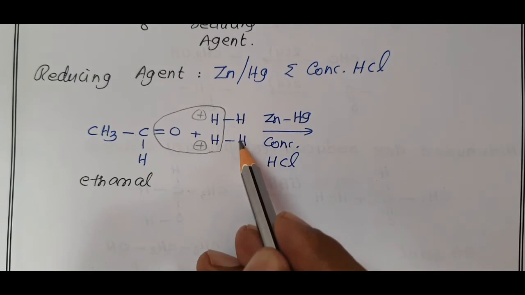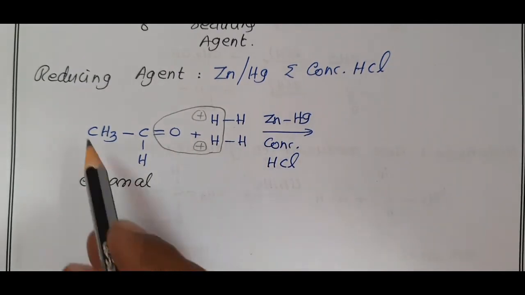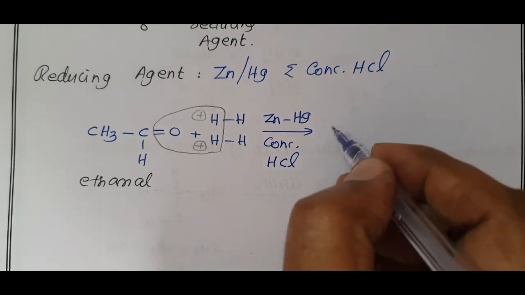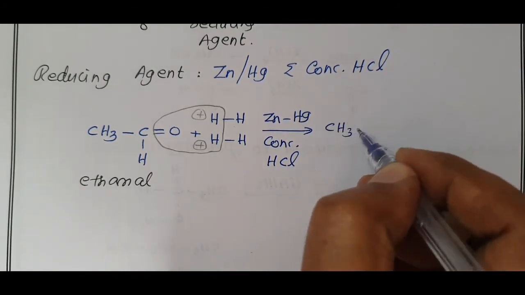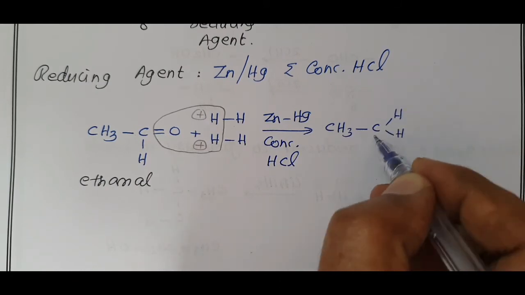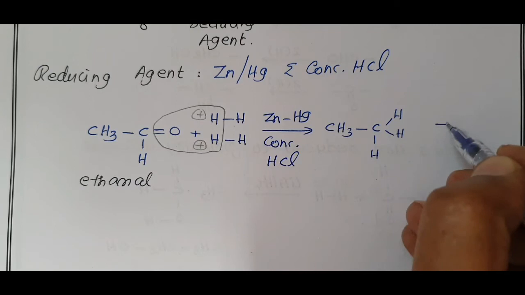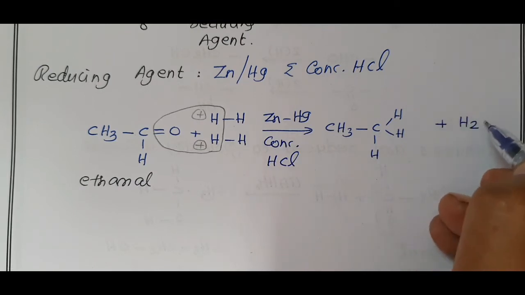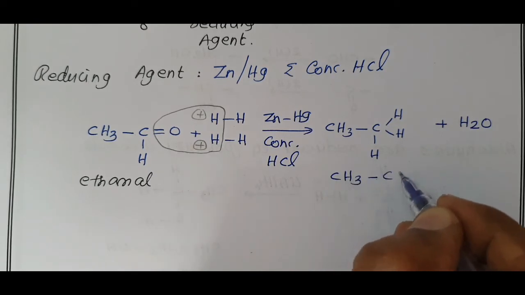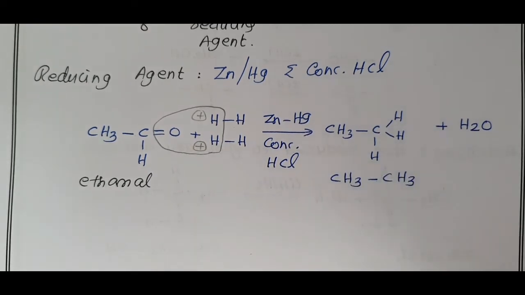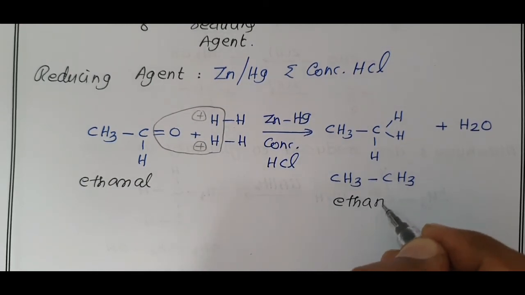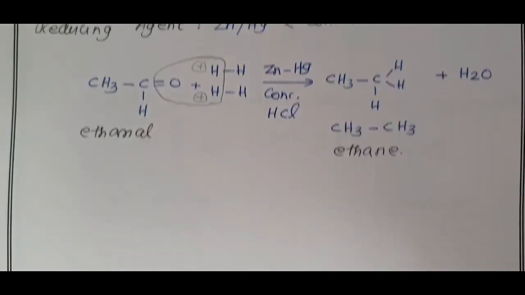These 2 hydrogens are added to this carbon atom, CH3, CH3. Now, I add these 2 hydrogens, CH3, C, 1 hydrogen, another hydrogen and this third hydrogen, plus loss of 1 molecule of H2O. What is this compound? Nothing but our second hydrocarbon, CH3CH3, 2 carbon, ethane, carbon single bond, -ane, ethane.